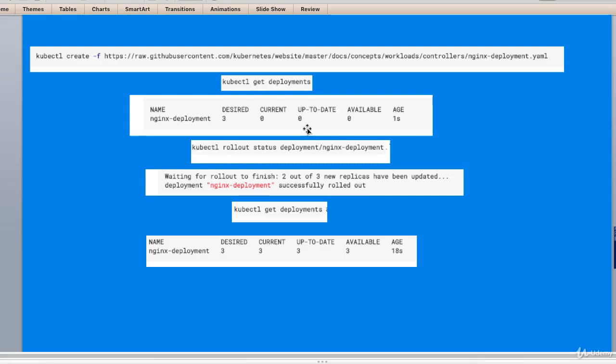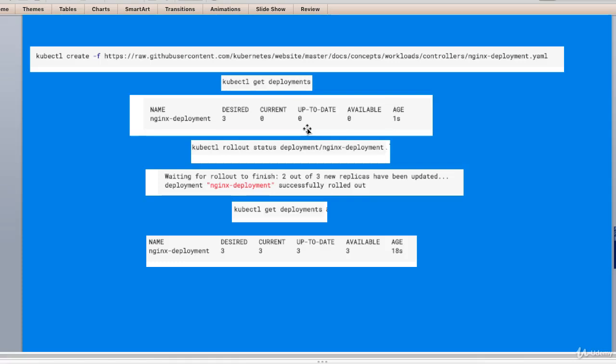The number of desired replicas is 3 according to the .spec.replicas field. The number of current replicas is 0 according to the .status.replicas field. The number of up-to-date replicas is 0 according to the .status.updatedReplicas field, and the number of available replicas is 0 according to the .status.availableReplicas field.